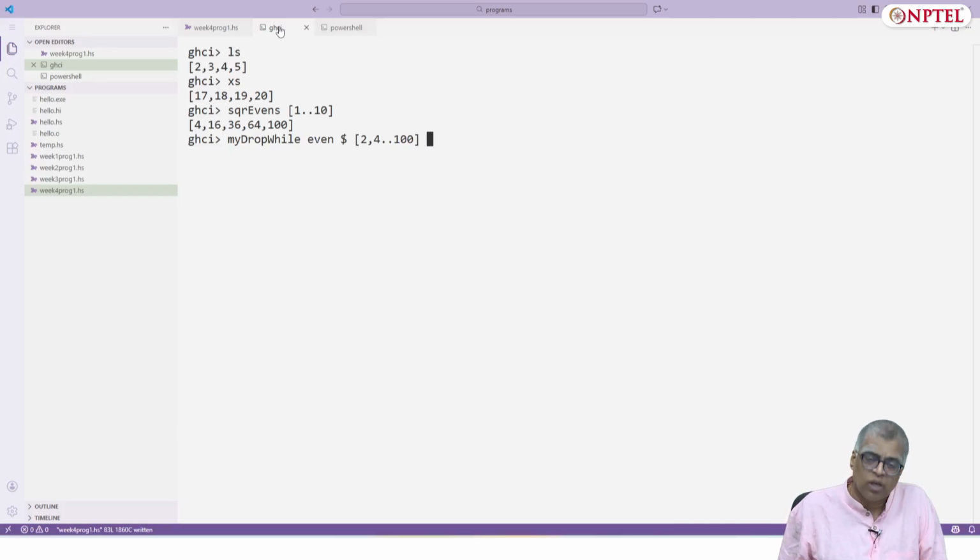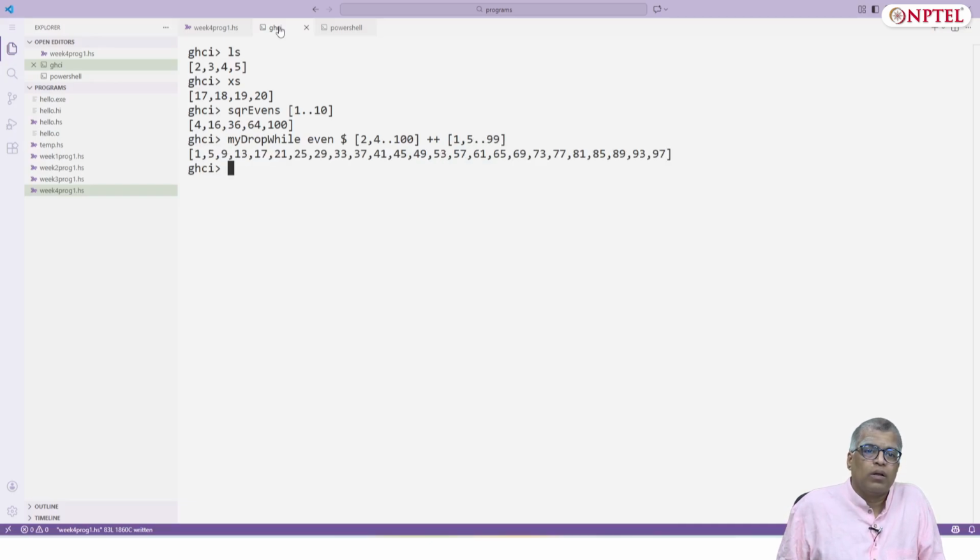So I need to put parenthesis. Instead I could just put dollar. That will make whatever comes to the right of the dollar be considered as a single expression as a whole, without putting parenthesis around it. And let me just say 1 3 dot dot 99. I'm starting from 1. Okay, 99.